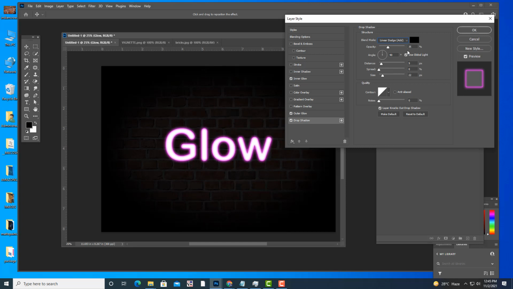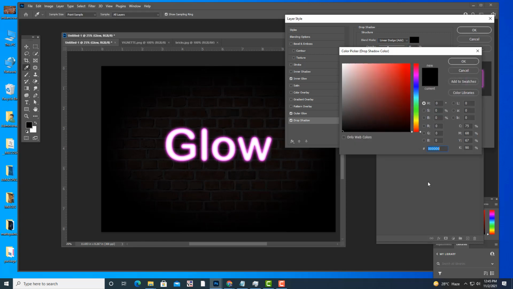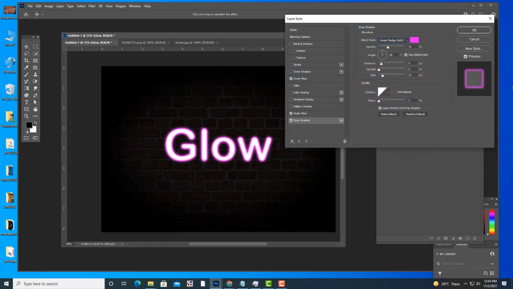So now what we'll do? We will just select the pink color. Just click on this color box and paste that pink color. Okay, in the drop shadow, right now we are not able to see any change. So what I am going to do is first increase the opacity here, and then reduce the distance, and also try to increase the size. You can see some change here. Okay, very slight change.